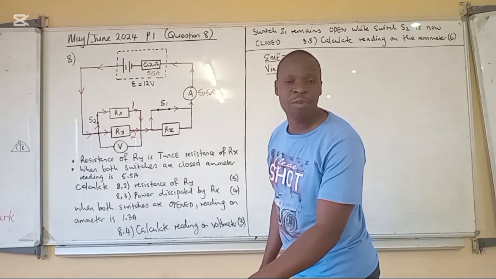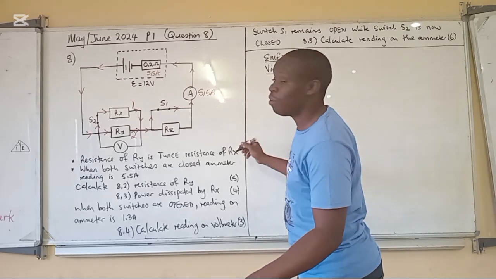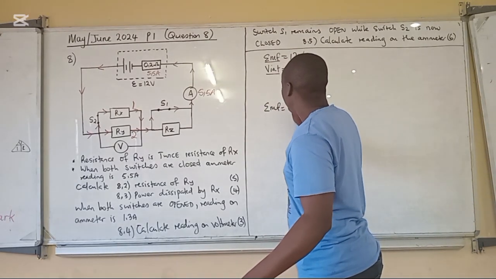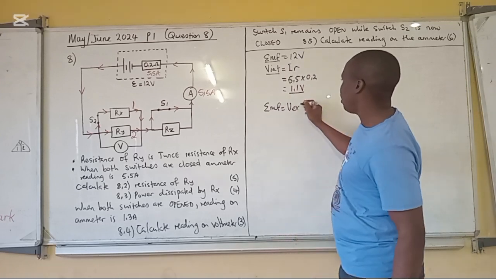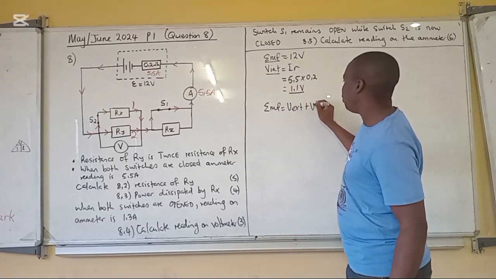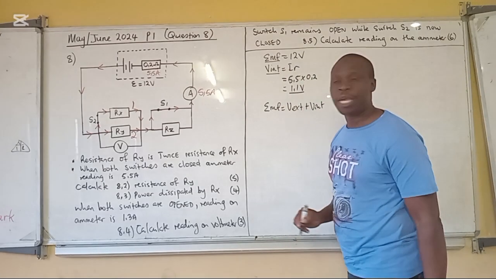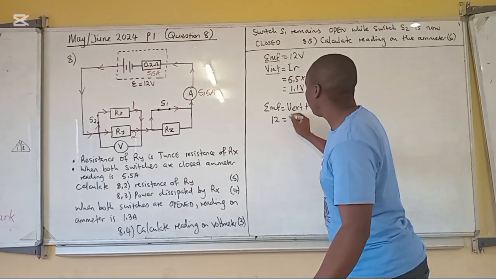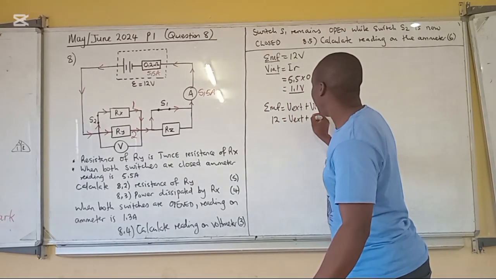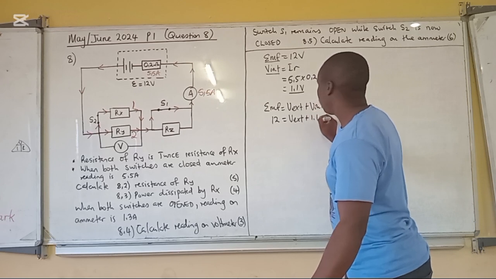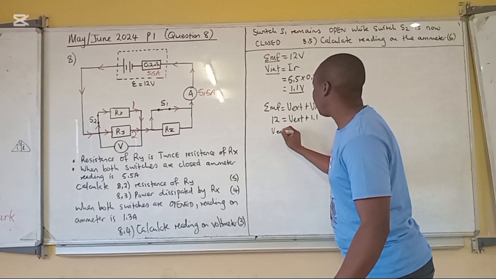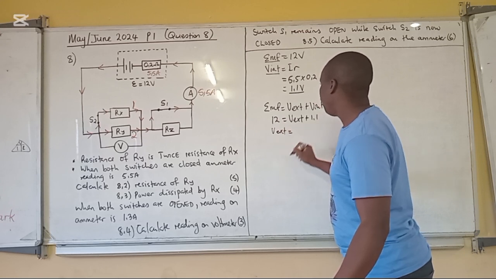We can calculate the V external using the formula EMF equals V external plus V internal. Our EMF is 12, equals V external plus 1.1. So our V external will now be